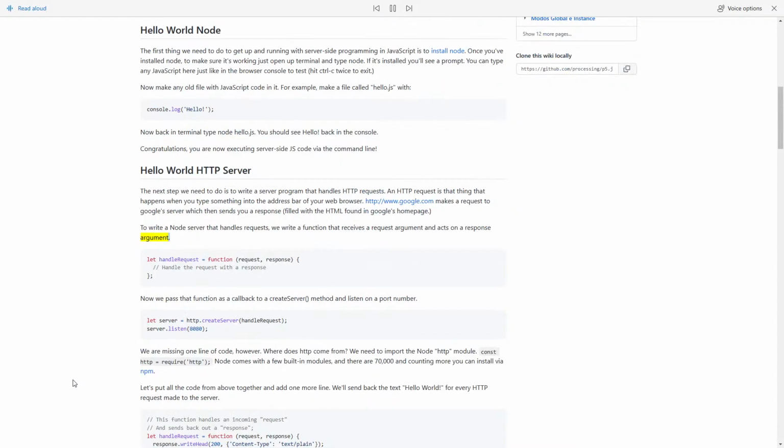on a response argument. let handleRequest = function(request, response) { // handle the request with a response }. Now we pass that function as a callback to a createServer method and listen on a port number. let server = http.createServer(handleRequest); server.listen(8080);